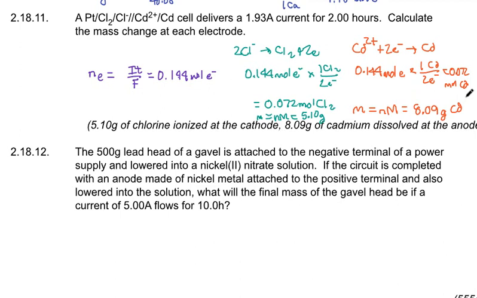They didn't ask which electrode was which, but chlorine is getting oxidized here. Oxidation has an A in it, so this would be happening at the anode. Cadmium's getting reduced. Reduction has a C in it, so this would happen at the cathode. In case you wanted